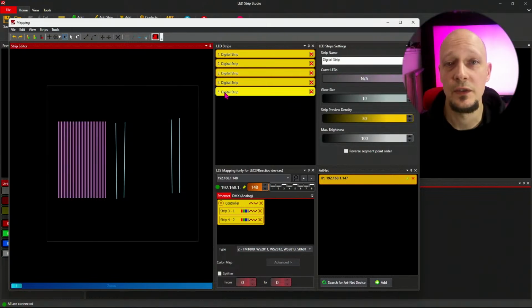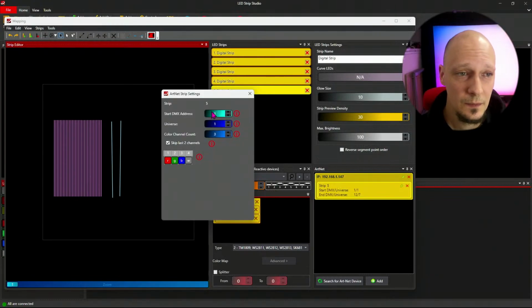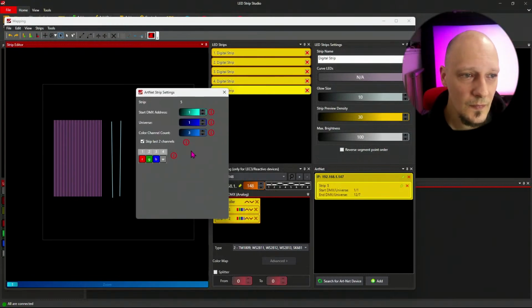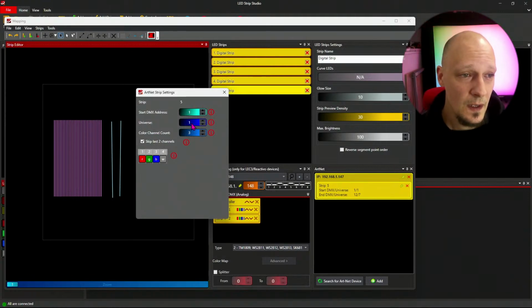And now we have to assign it. That's a step that I forgot to do. So you will drag and drop it, similarly like with the LSS protocol portion, onto your ArtNet device. If you want to find out more about ArtNet, how to do the mapping, go check out our previous stream, where I explain in detail how to work with ArtNet. And we can leave all this as it is, since I am starting with the first universe for this